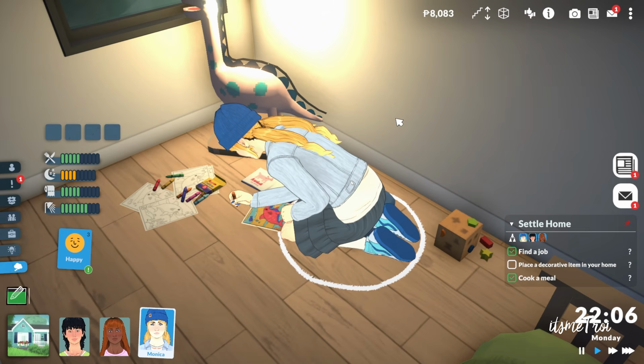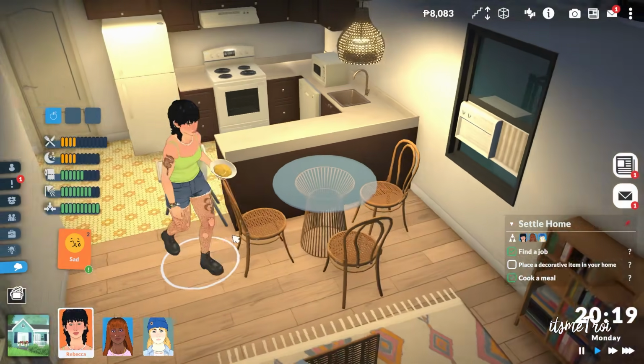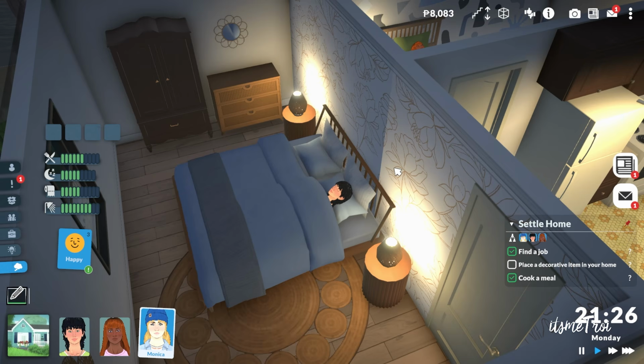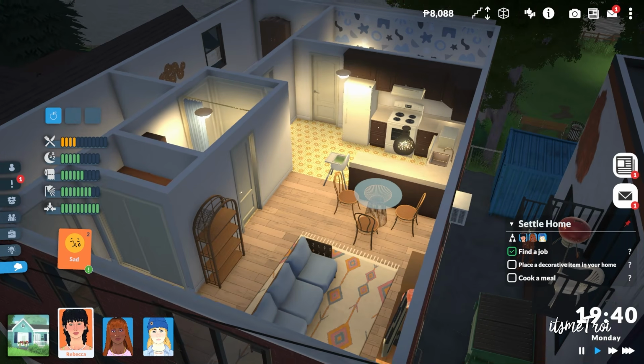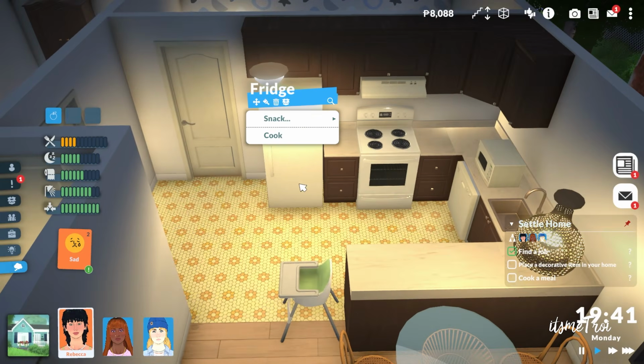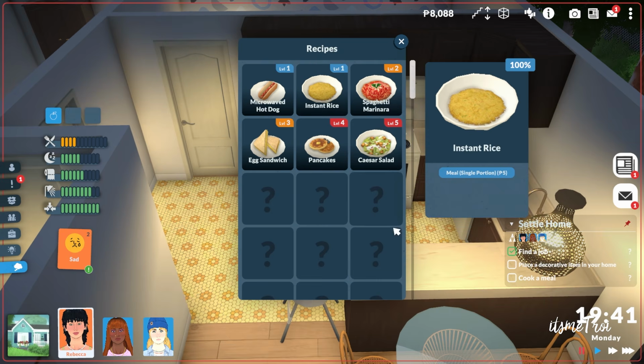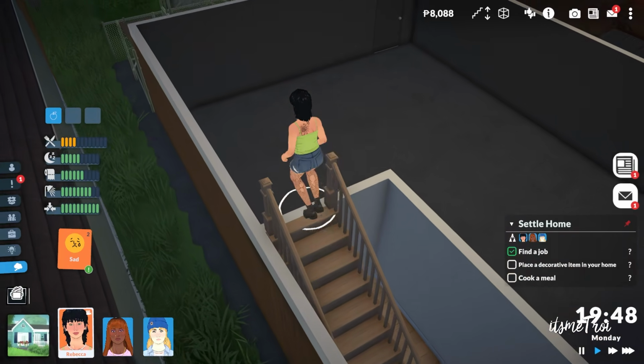Now that's not the only place to download Paralives mods. The main way in which I will be showing you throughout a lot of my videos is on Nexus. Now to show a bit of before and after, we're gonna go and cook something real quick. So let's cook some instant rice. Why not? So the mod I want to show you from using Nexus is the "How Long Will This Take"